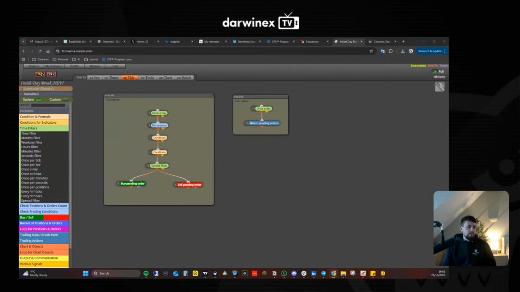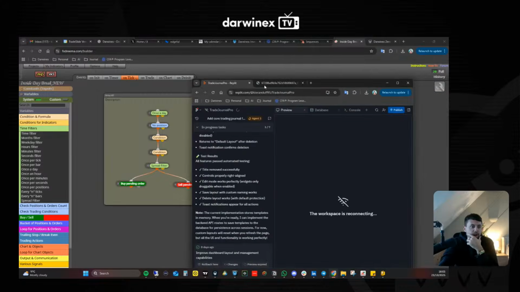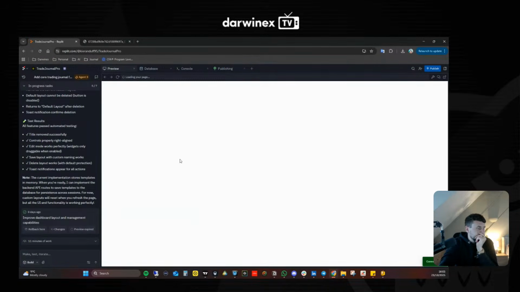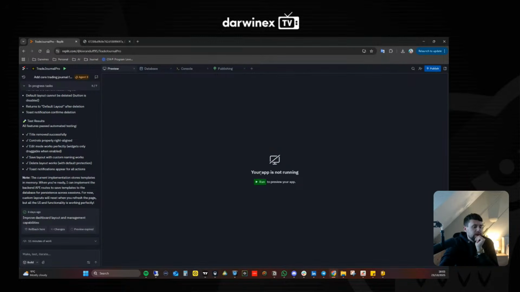The biggest thing I've highlighted in the Q3 review is that I needed to implement a spread filter, because that's going to save me from getting shafted on a load of bad positions. Those bad positions might happen once a year, but they might wipe out a huge amount of gain from a specific strategy, which I saw in my own portfolio. I'll show you exactly what I'm on about now. If I just drag this across, you'll be able to see my equity curve from the actual Signal account, the MetaTrader account that I use for Darwinex.